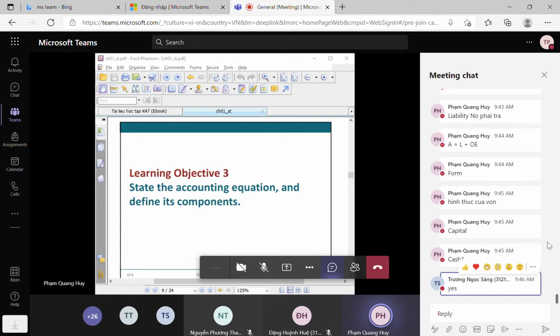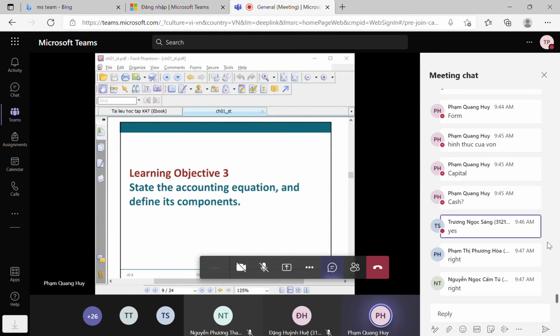So a book is my asset, right or wrong? Absolutely right. Now, today, I have the accounting book for this semester used for the enrollment course 47, and